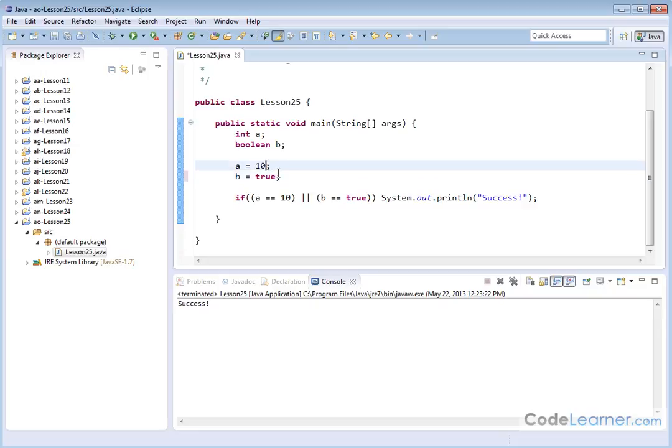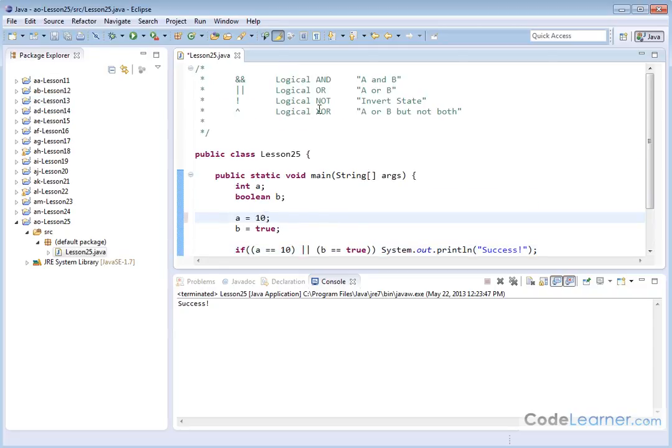Change that to true and change that to 0, let's say, and you will see that the if statement will continue to trigger. This one is false. This one is now true, so we do trigger our statement there. All right, let me move this back to 10, and let me show you the final one here,